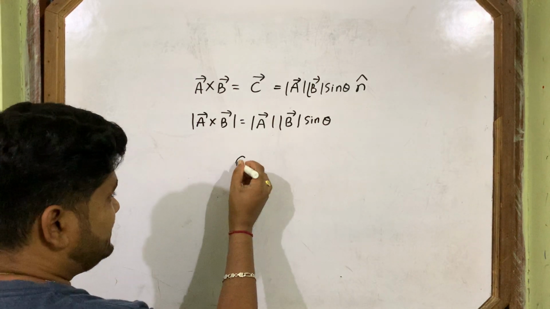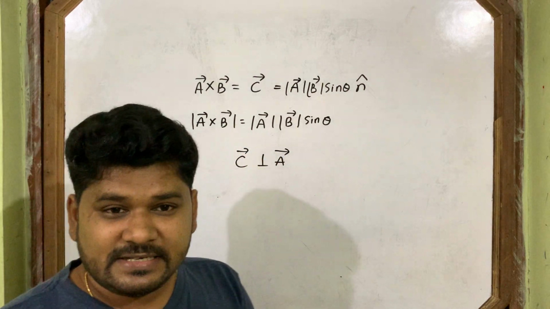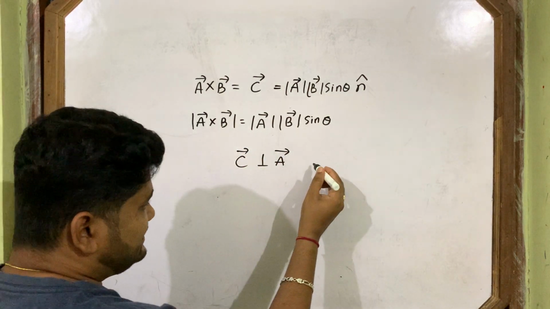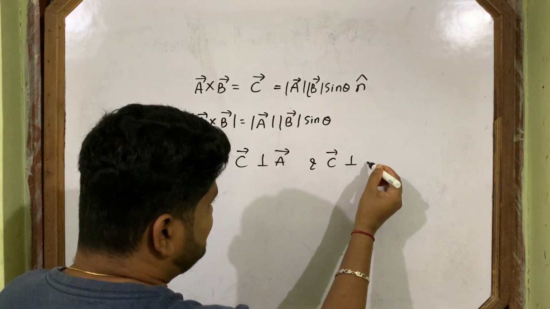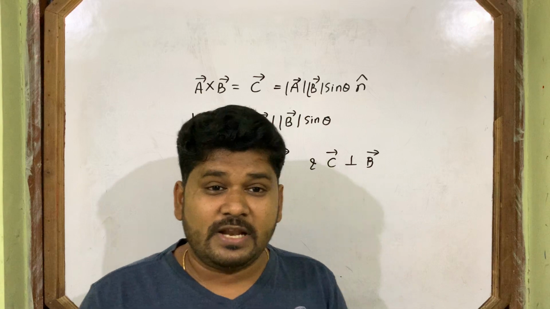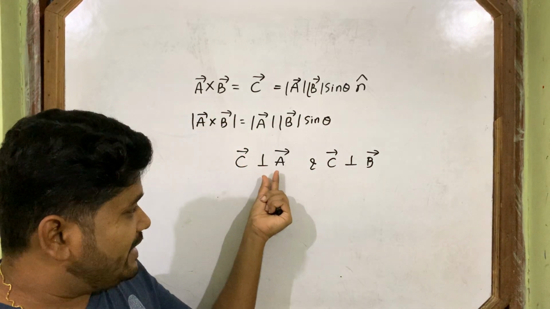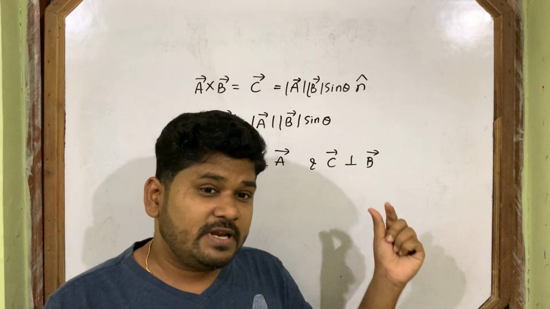So we can say C vector is perpendicular to A vector and C vector is perpendicular to B vector. Perpendicular to the plane containing A vector and B vector means perpendicular to A vector as well as perpendicular